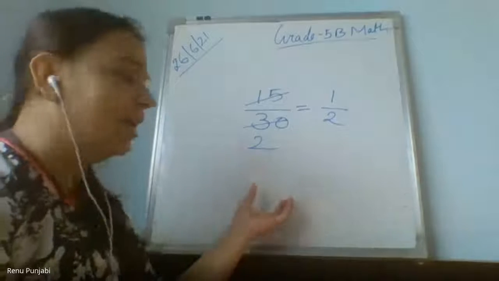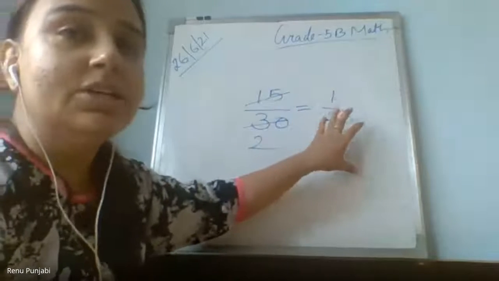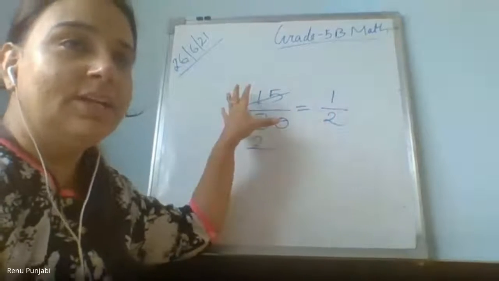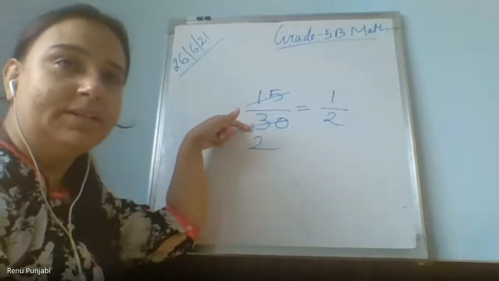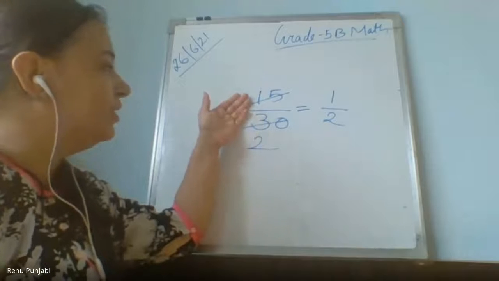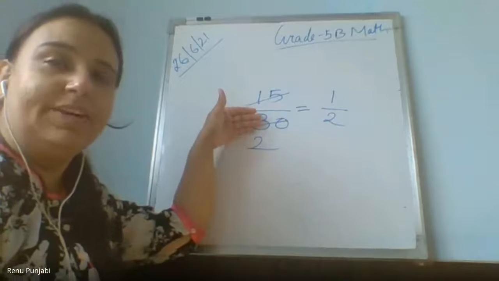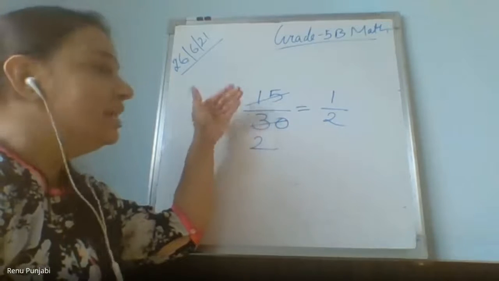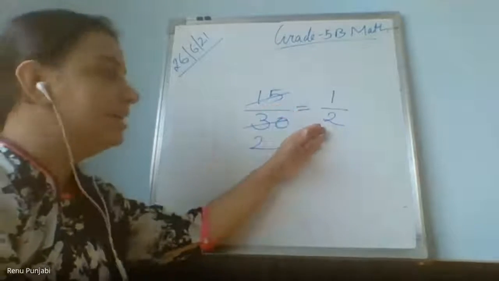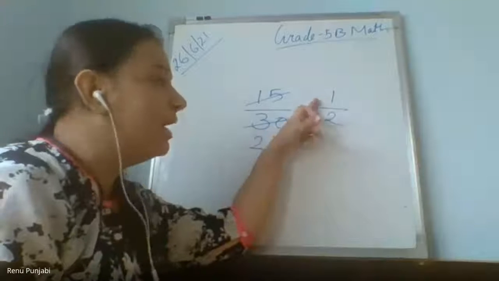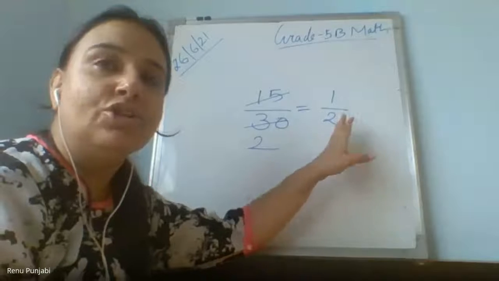So those who have joined late, now look here. We are doing how to check the fractions, how we can make the fractions short. As I told you, please check that both the numbers, numerator and denominator, should come in one table. For example, it is coming in the 3 table also and the 5 table also. But we take the highest table. So the highest table is 15. 15 ones are 15 and 15 twos are 30. Now 1 and 2 are already lowest. We cannot make them shorter because they are the short fraction. Clear?